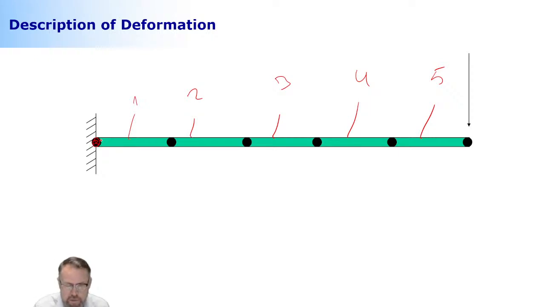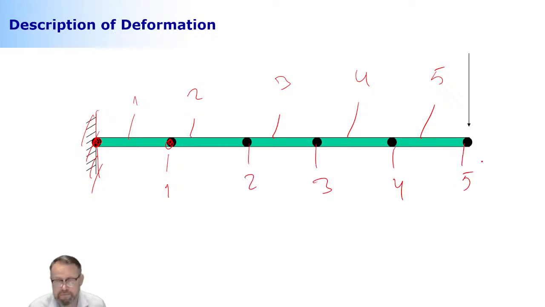So here's my first node, which is constrained to the ground. So this is something that I don't need to care about. This is my first node, second, third, fourth, and fifth. If I'm using the element that I described earlier, each of them has 2 degrees of freedom, meaning that this can move in this direction and it can rotate. That's the same for each of these 4 nodal locations. So it means that this system consists of a total of 10 degrees of freedom. 10 different ways that the structure can deform.